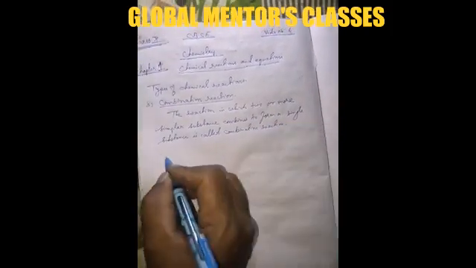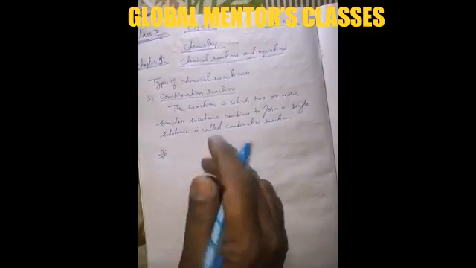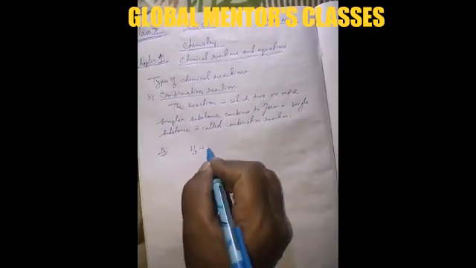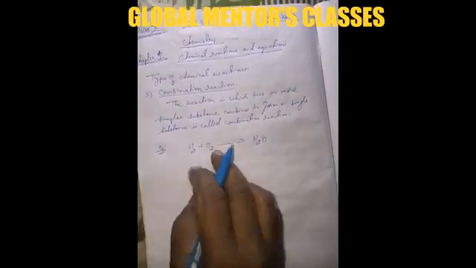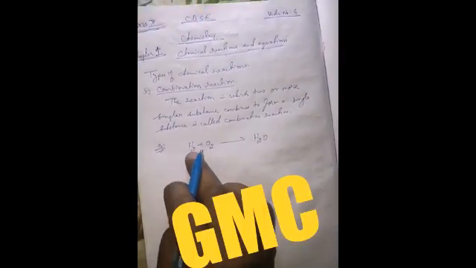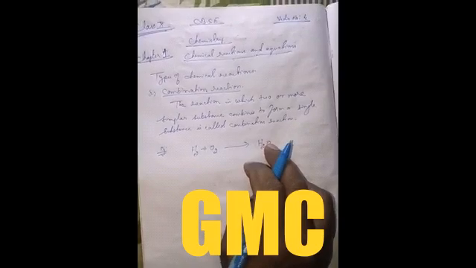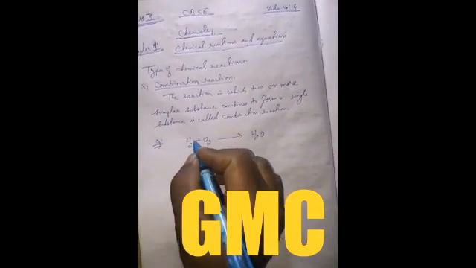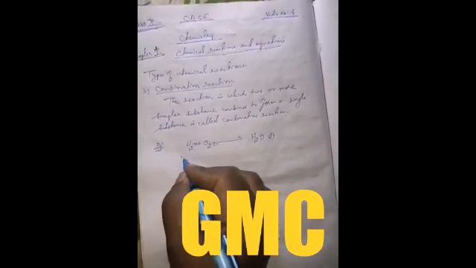As for example, let us take an example. We have already discussed hydrogen and oxygen. Hydrogen combines with oxygen to form water. Here two simpler substances, that is hydrogen and oxygen, combine to form a single substance, that is water. Hydrogen is in gaseous state, oxygen is also in gaseous state, and water is in liquid state.